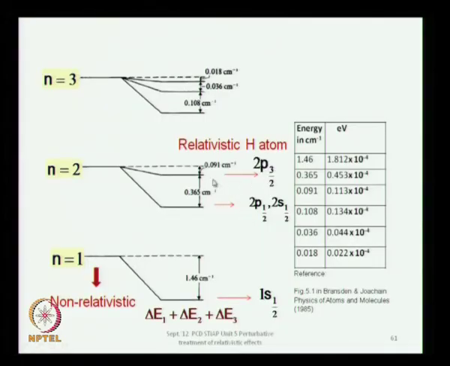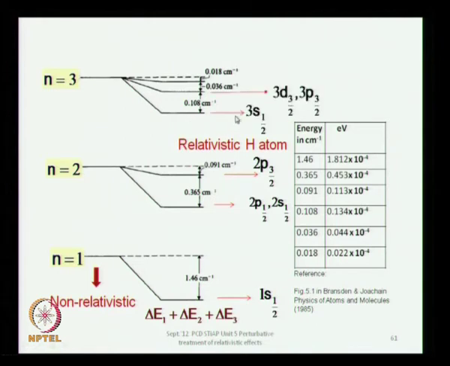remove the degeneracy between the 2p 1/2 and the 2p 3/2 states. So, the 2p 3/2 is above this, but both of these are lower than the non-relativistic value a little bit. Originally the spin orbit correction alone had raised it, but then there are other terms, okay. The relativistic kinetic energy term dips it. So, the net effect is what you see over here,